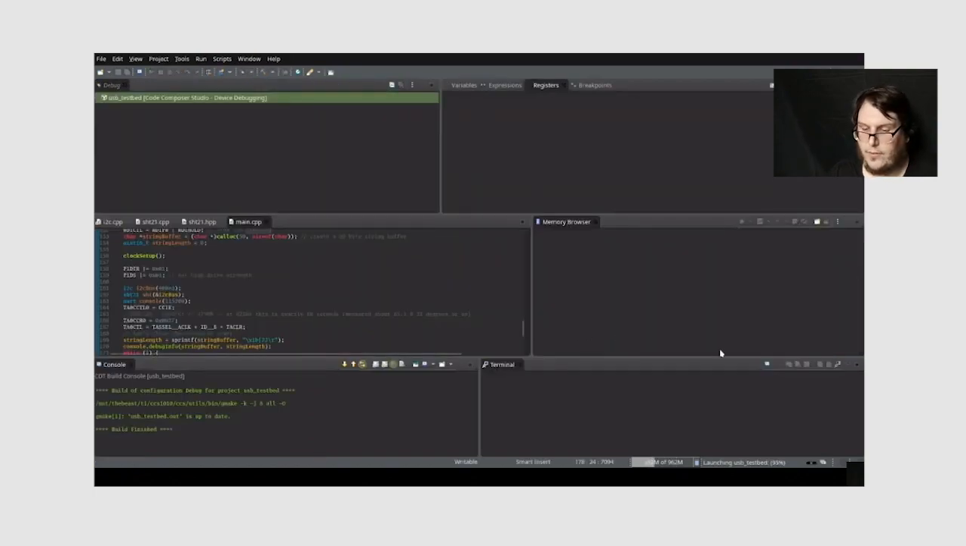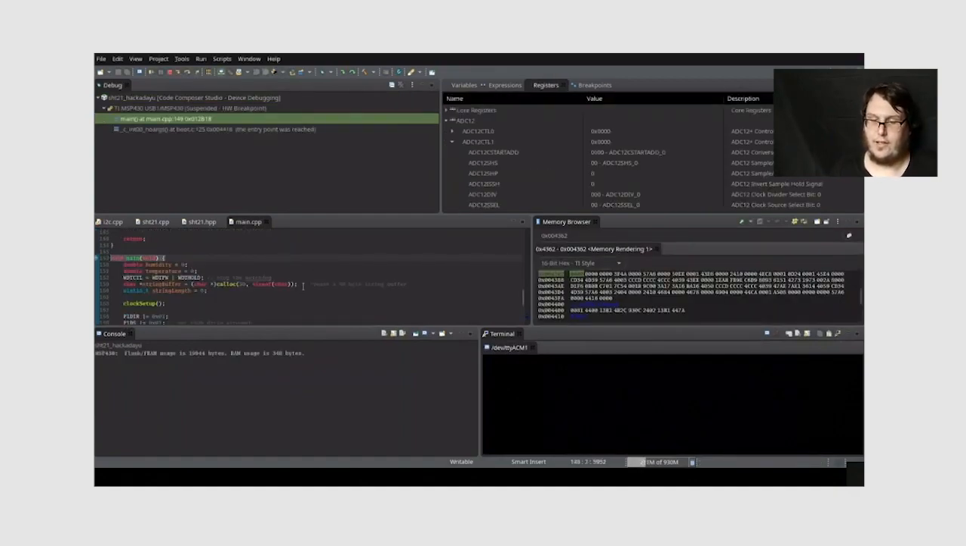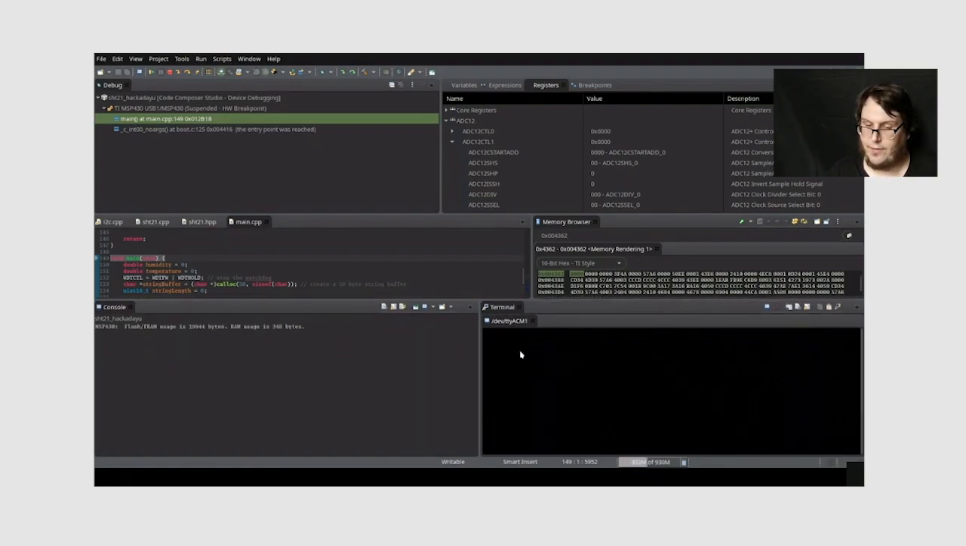So we'll go into debug mode. I've actually got the board here set up with the Sensor Hub booster pack. We're actually going to start the debug here of this example that I wrote. We've got a terminal open to the serial port of the chip, and so when I hit start,